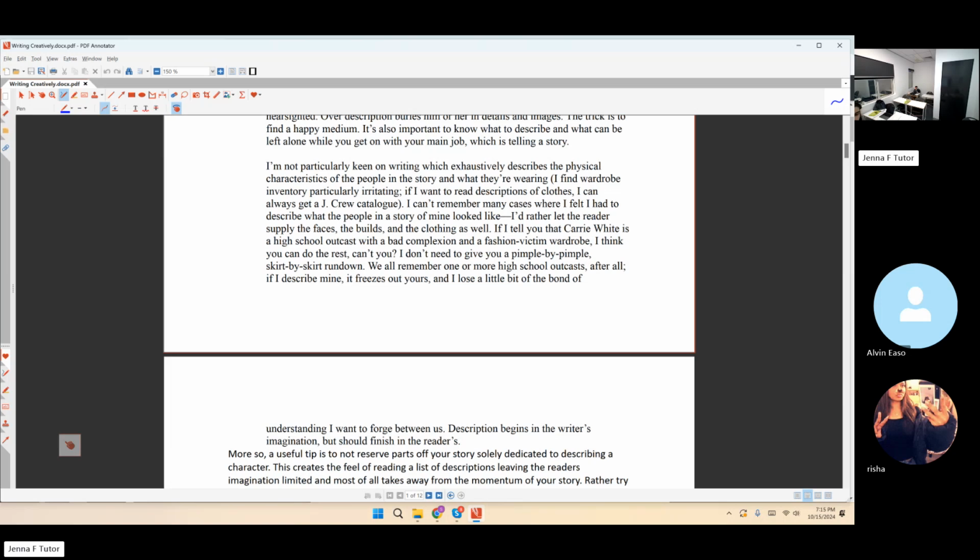If I want to read descriptions of clothes, I can always get a J. Crew catalog. I can't remember many cases where I felt I had to describe what the people in a story of mine looked like. I'd rather let the reader supply the face, the builds, and the clothing as well.